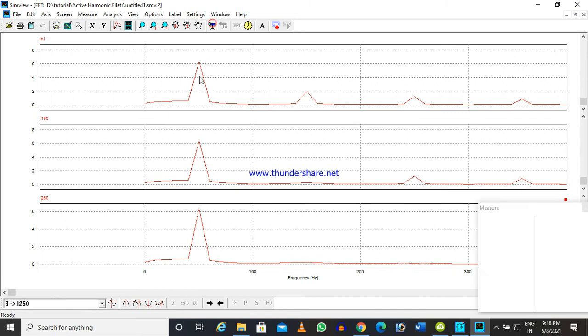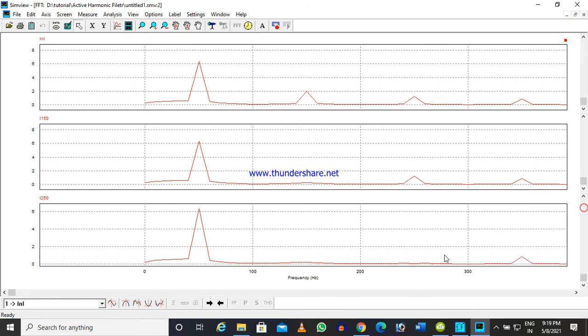Now you see this is the fundamental component. The 50 hertz component, for all the cases, is around 6 ampere. Now you see in the non-filtered input waveform, the 150 hertz component was around 1.2 ampere. Once I subtracted that, you see in the second waveform this peak has been suppressed, but I have not done anything about that 250 hertz, so that 250 hertz component is still available. Now what is that value? That value is around